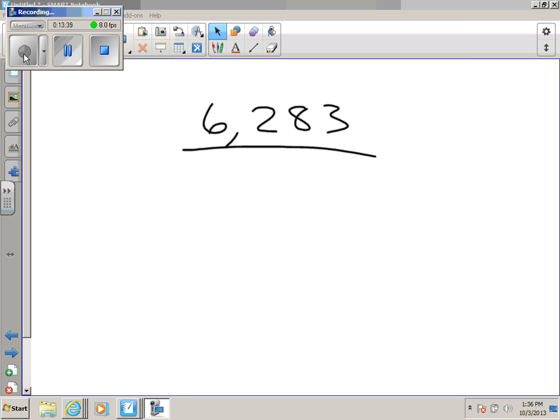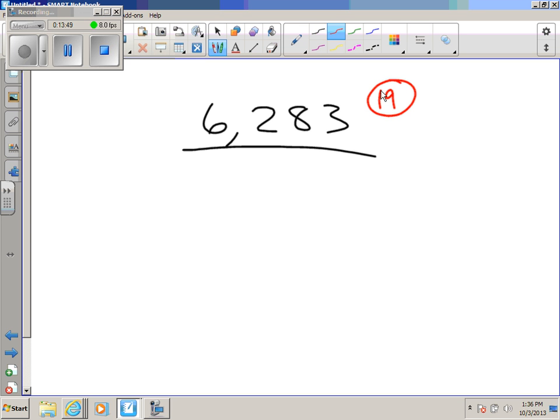Jill, can you help me? Is it even? No. What is the sum of the digits? 6 plus 2 is 8. 8 plus 8 is 16. Plus 3, 19. Is that divisible by 3? Is 83 divisible by 4? Not if I start with 80 and I go up 4, I get to 84, but not 83. 5, is this a 5 or 0? No. 6, do I have a 2 and 3 here? No. How about 9? Is 19 divisible by 9? And how about 10? No. So,